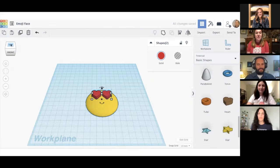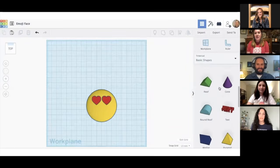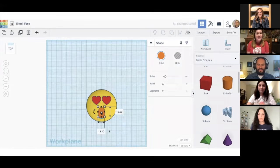You could see that he just duplicated it really quickly. He's using his camera controls in order to be more precise in terms of his designing. He's going to be fancy, I think, next and pull out a different shape, a cylinder. And you see when you pull out the shapes that they're solids, but then you have the option to also turn them into holes. So he's going to show you that in a moment as well. And the reason why you would do that is just so that you can subtract from the shape. So he's making, I think that he's trying to show that it was just really awesome what